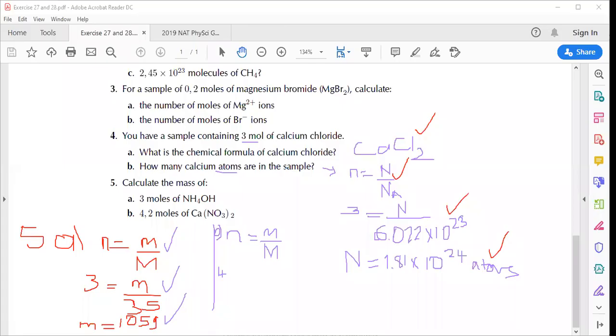Okay, 4,2 is equal to mass. I'm looking for the mass over molar mass. Then I need the molar mass for calcium nitrate. Calcium, we know it's 40, all right? Nitrogen, we know it's how much? 14. So it's going to be 40 plus 14 times 2 plus 16 times